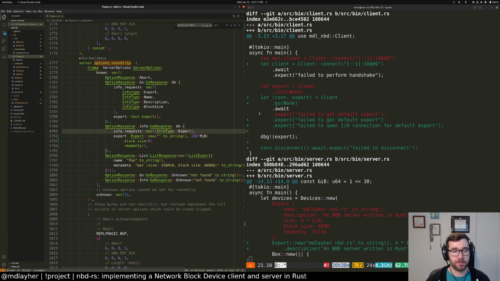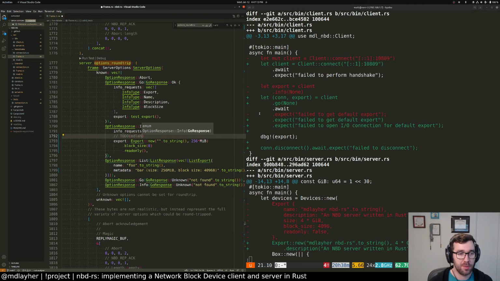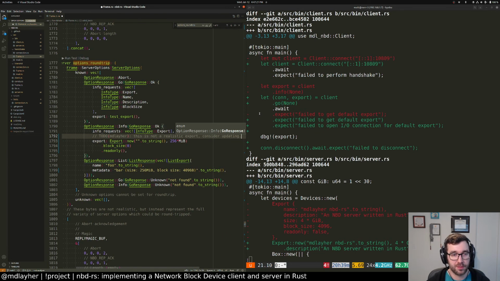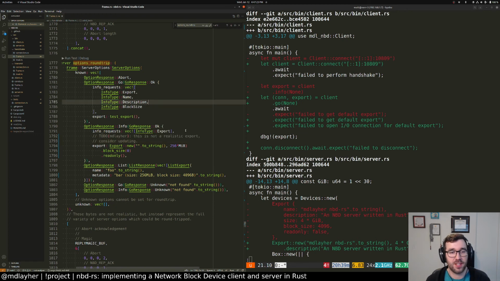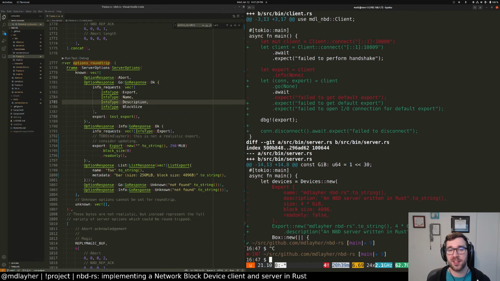Good deal. To do, empty layer. This is not a realistic export. Consider updating. Yeah. Cool. So actually, I think we can finally get to the point where we're trying to do what I was like 20 minutes ago,